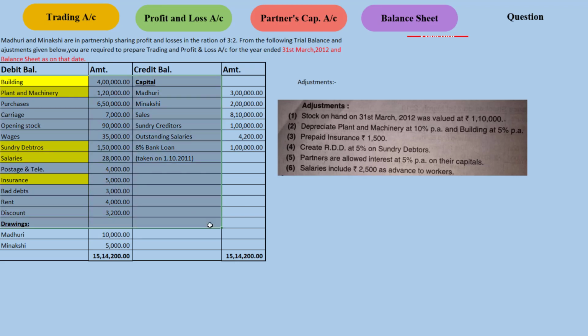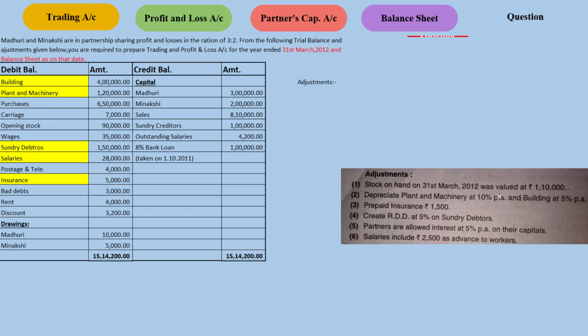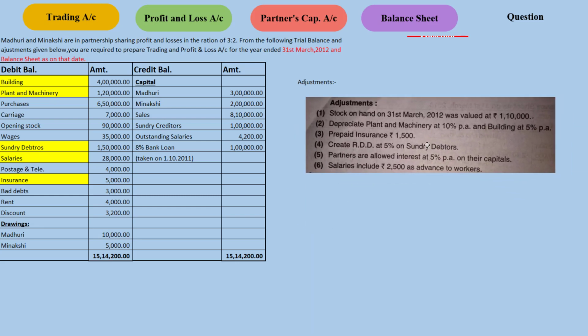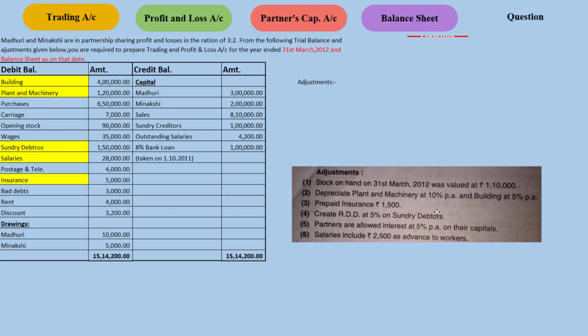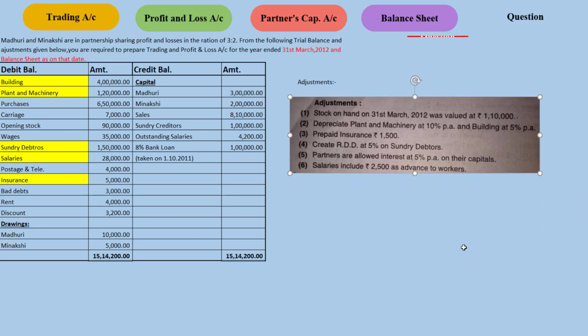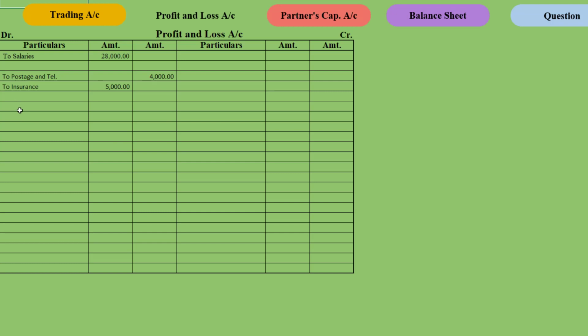See, if any bad debt or RDD is given in the trial balance, that will be known as old bad debt or old RDD. This bad debt is given in the trial balance, so it will be known as old bad debt. But if any RDD or bad debt is given in the adjustment, that will be known as new bad debt or new RDD. But before that, go to the profit loss account and here you write